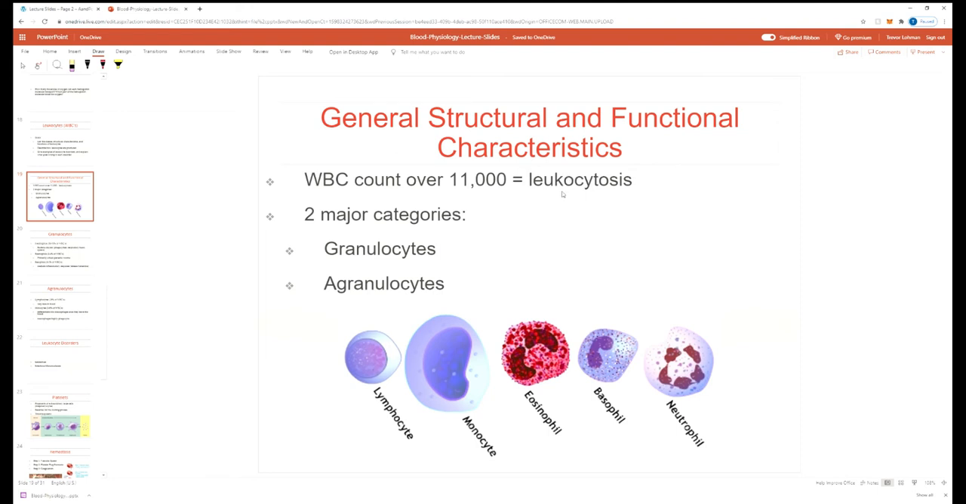So more than that is leukocytosis, and that leukocytosis can be specific to a certain cell type. For example, if in particular it's neutrophils accounting for the leukocytosis, that might be called neutrophilia. So there are different types of leukocytosis, but more than 11,000 per cubic millimeter. That might happen if you have a severe infection. I mean, you might have 100,000 per cubic millimeter if you have a severe infection, or